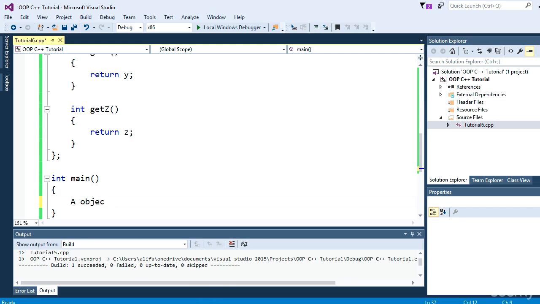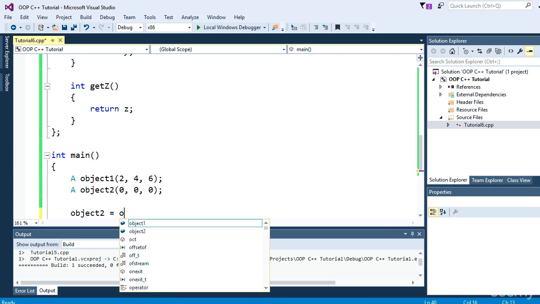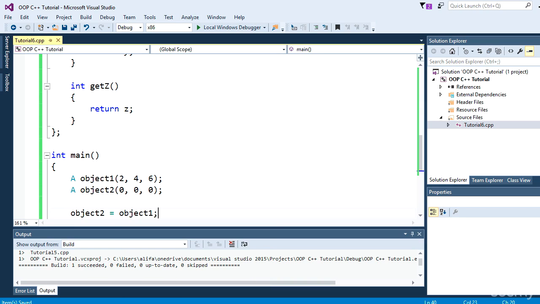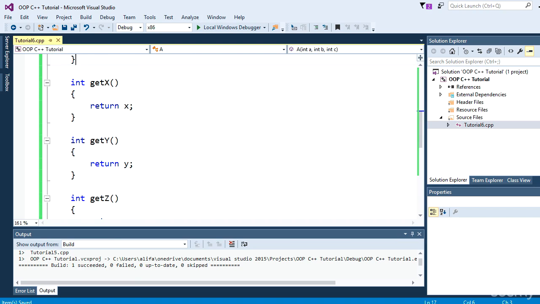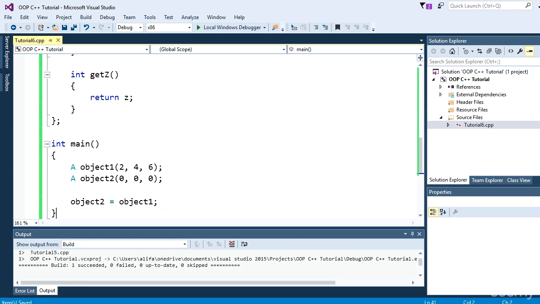Let's make object 1 of type A and initialize it with 2, 4, and 6. And object 2 can be initialized with anything. We don't really care about this one. And then let's set object 2 equals object 1. Now our default copy constructor would be called. As you can see, we haven't made any copy constructor over here, but that's not a problem because the shallow copy is something that we do not need to implement, and it will be automatically called whenever we set one